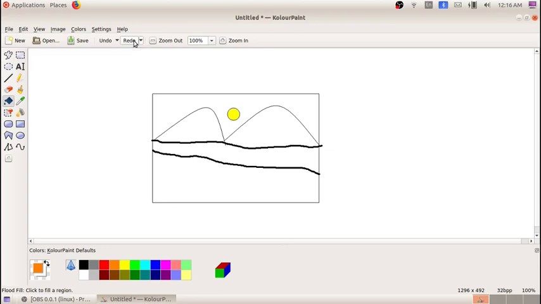I can go to the next step, so I am going to click on redo. So it again comes back to the orange color. So undo for moving back to the previous step, redo to move to the next step. Okay, so these are the uses of undo and redo button.